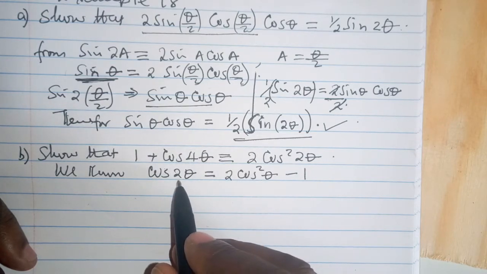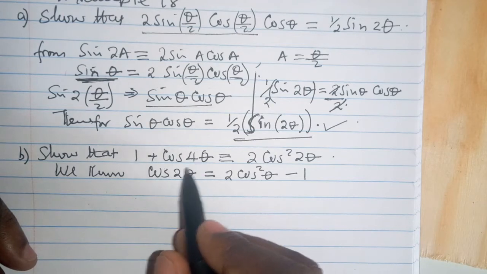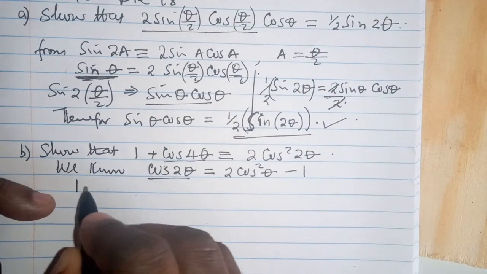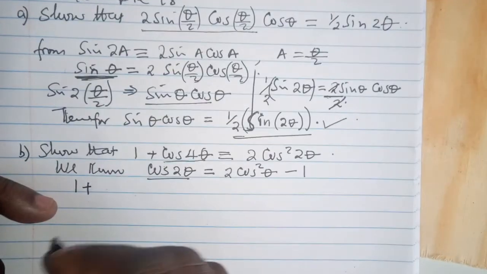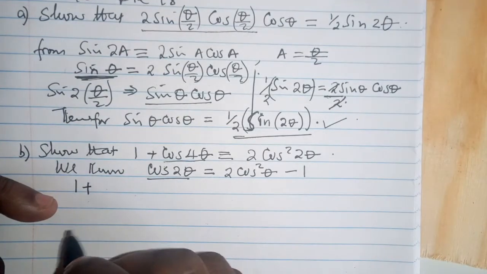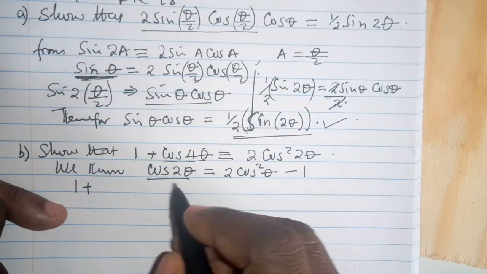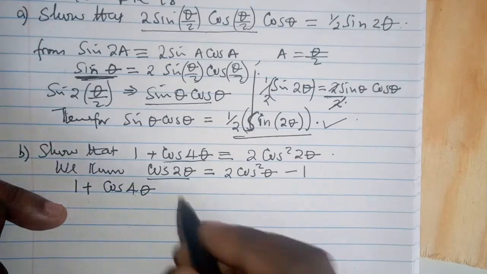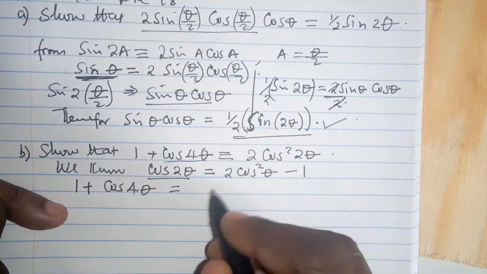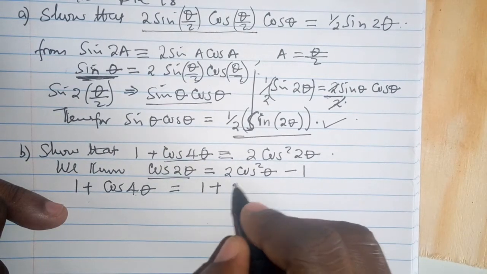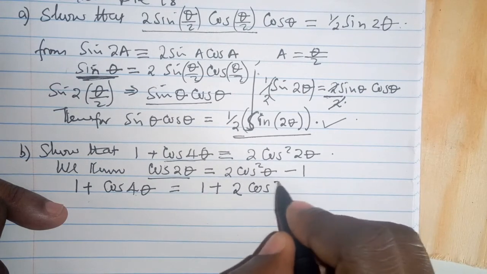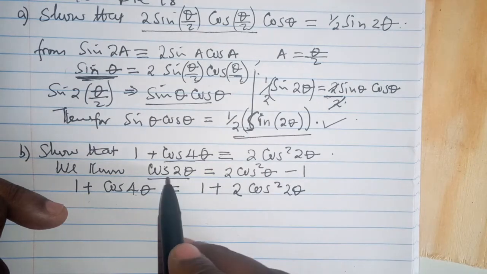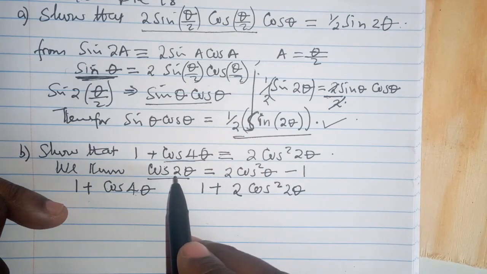So you can see our 2 theta is equal to 4 theta because we are taking this part to be this part. So we are saying 1 plus cosine 4 theta is equal to 1 plus 2 cosine squared 2 theta,